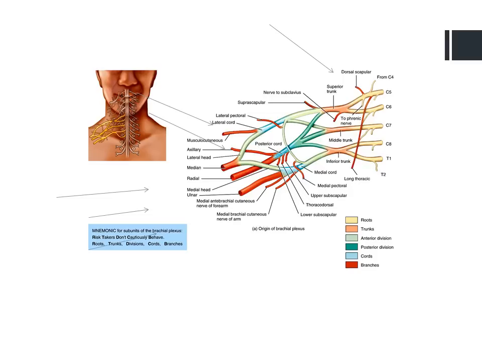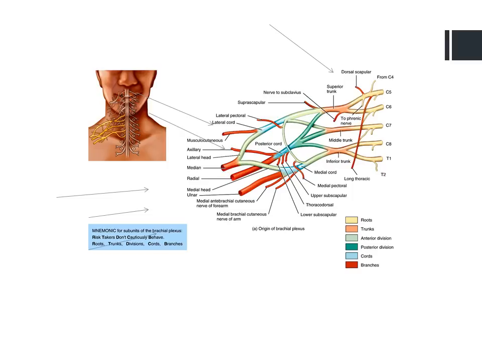Now the chords, there's 3 chords. There's a lateral chord, there's a posterior chord, and there's a medial chord, and those chords are named in relation to their position relative to the axillary artery. So of course the posterior chord is posterior to the axillary artery, medial chord is medial to the axillary artery,